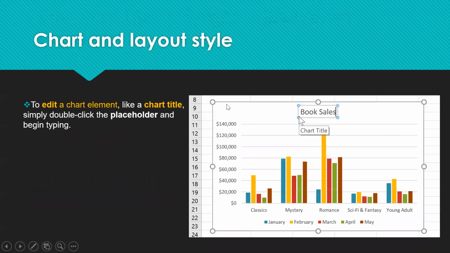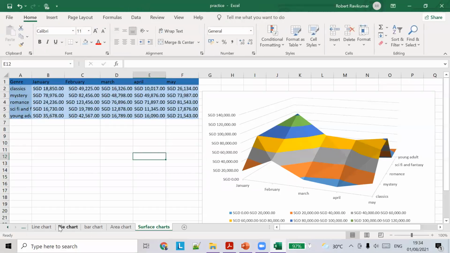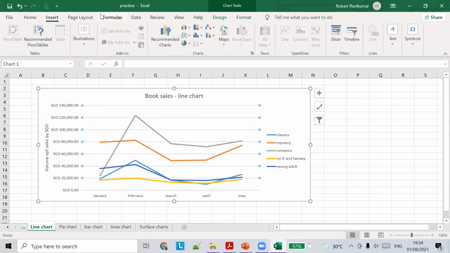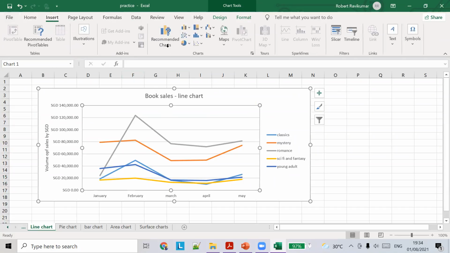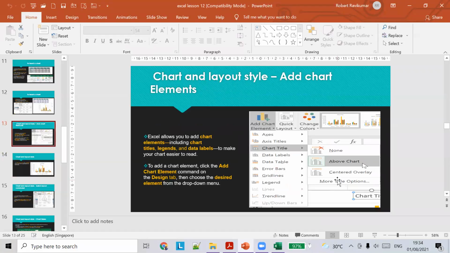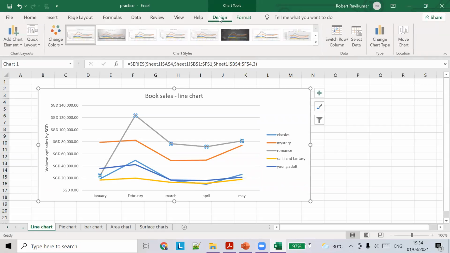Okay, let's try to do that. Let's say you want to add something to this particular chart. What you can do is go to the design tab.